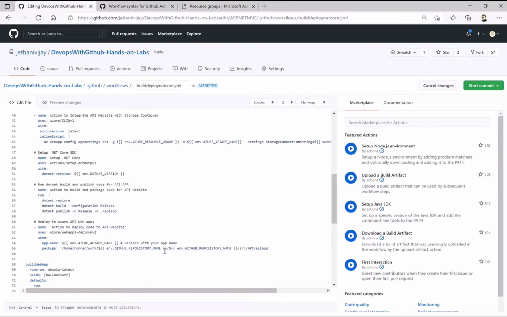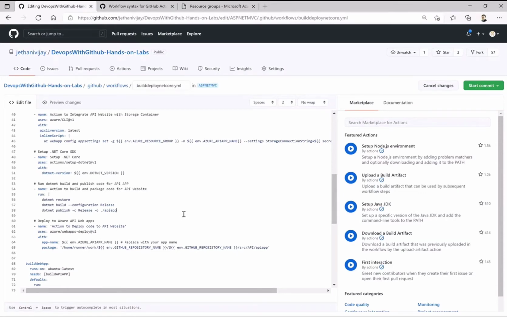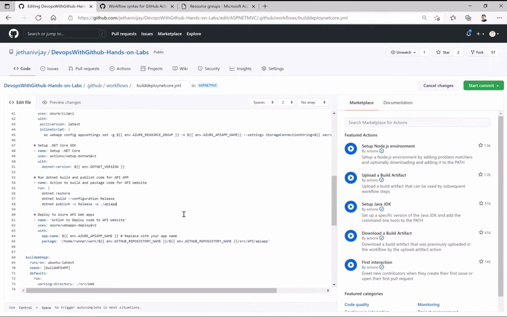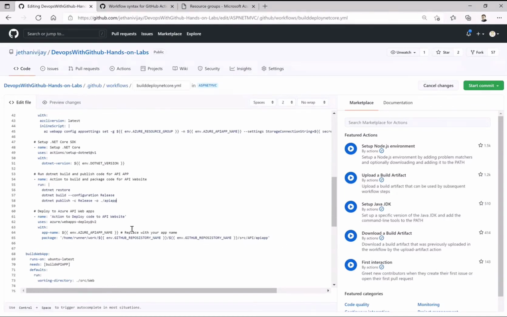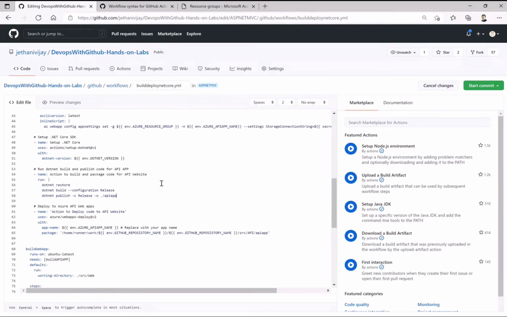So this will be the folder structure or hierarchy, I would say. Then the root of the repository, which was source. Then I'm following that with API, and API app is the folder name where I have kept my artifact. So it can be that complex depending upon how you are actually storing your code. Just to give you an idea of how to navigate on the hosted runner. This one particular part is for the API app.